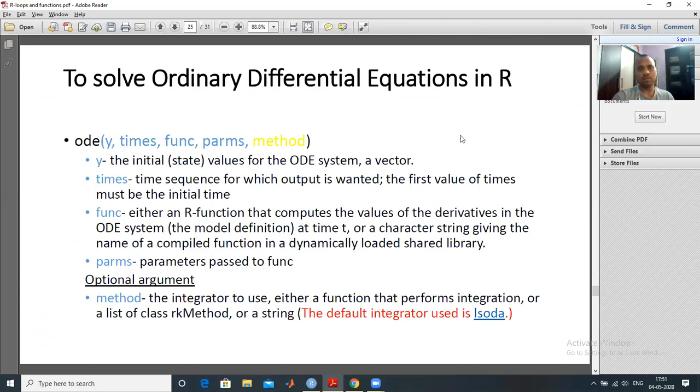So now the last topic: how we can solve the differential equation in R. And this is our main purpose, to solve differential equations in R. So there is a predefined function in R, and that is ode. ODE stands for ordinary differential equation. Actually, this lecture will become very lengthy, so I will continue in the next lecture. I stop here, and then I will continue our discussion in the next lecture from here.